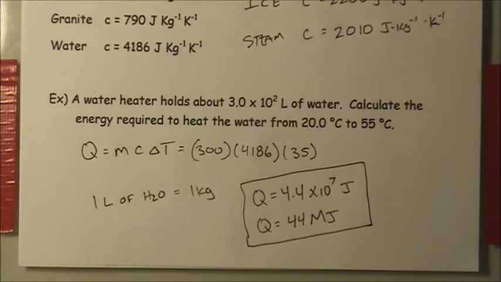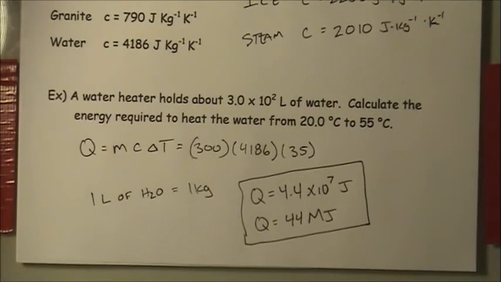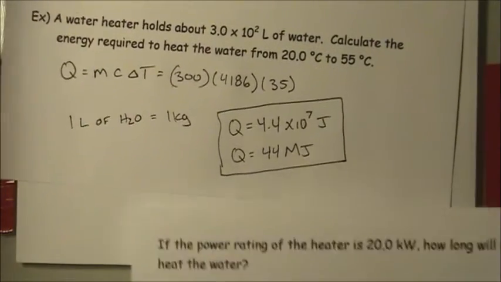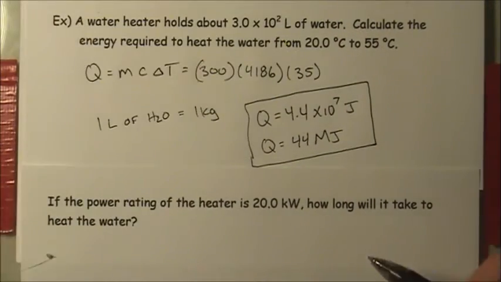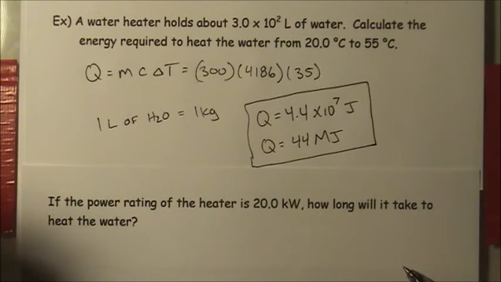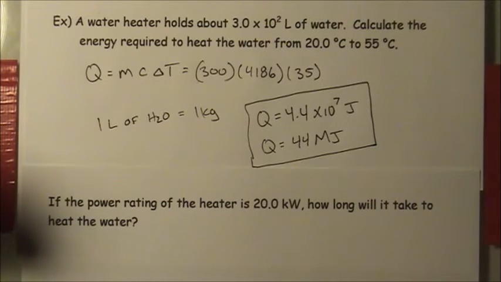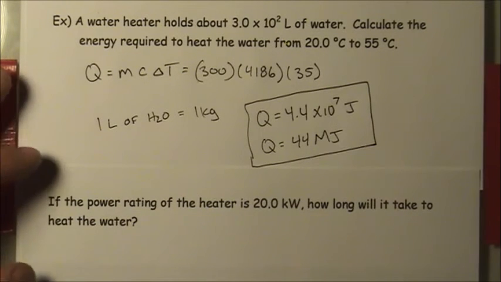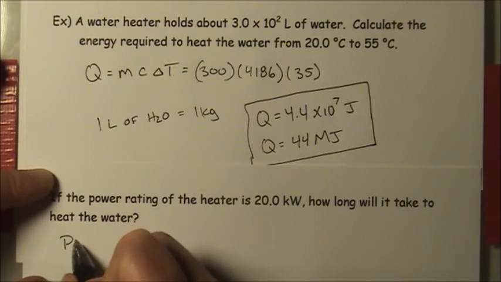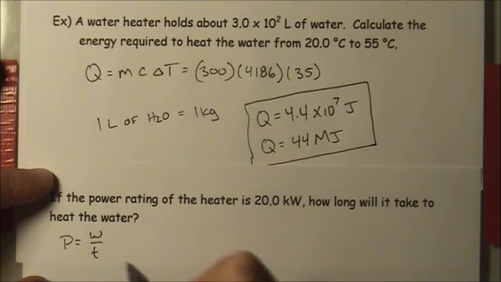An important aspect of your water heater will be the power, which is how fast it can pump the energy into the system. So for that, I'm going to extend the problem to assume that the power rating for the water heater is 20 kilowatts, or 20,000 watts. Then the question would be, how long is it going to take this water heater to raise the temperature from 20 to 55 degrees? In this case, we're using the equation that P is equal to W over T,